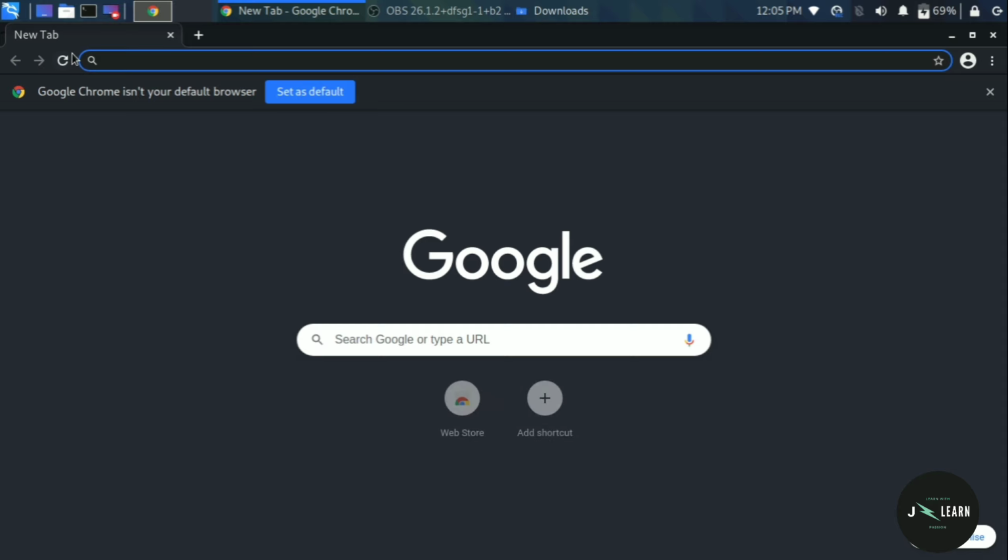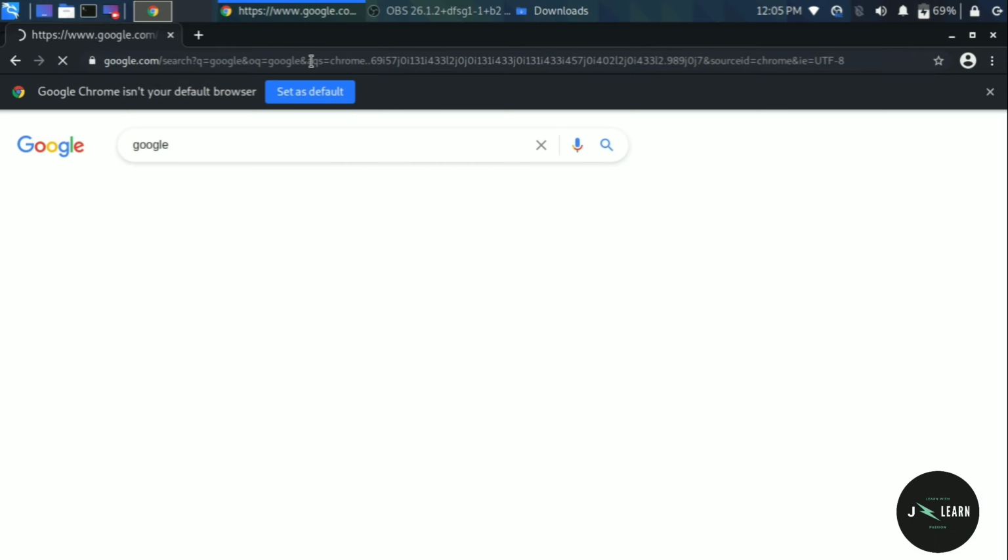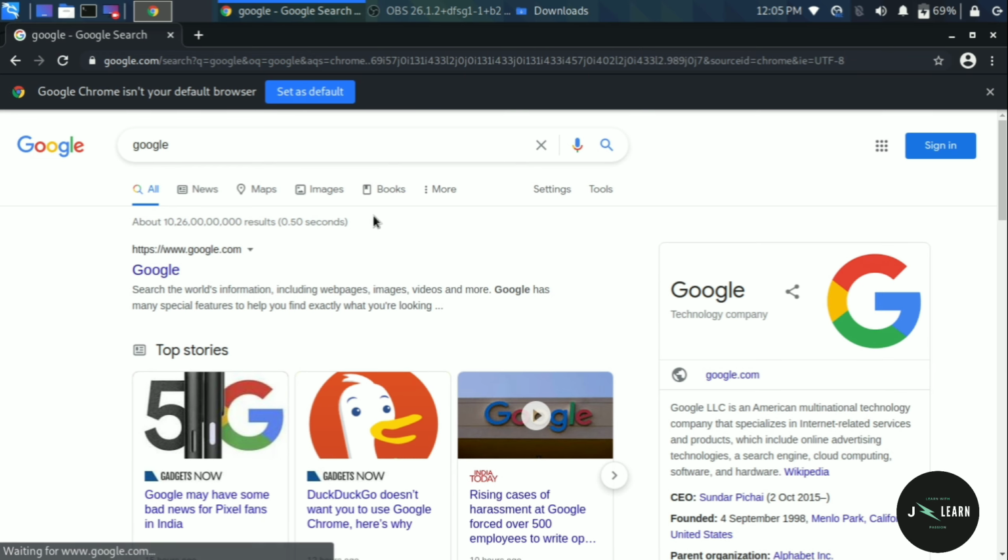Click on it and you can see it is completely running, and you can type anything you want and it is showing result